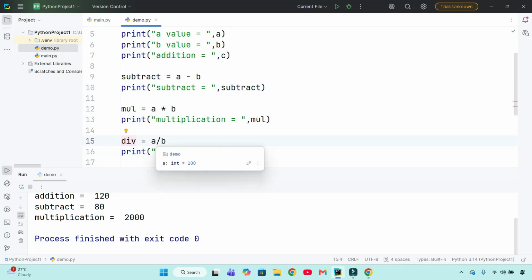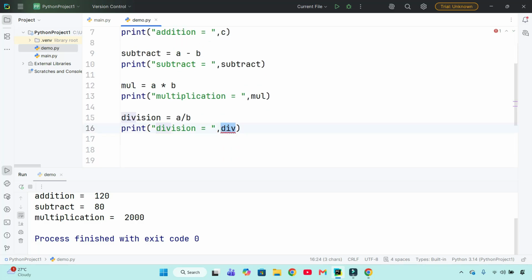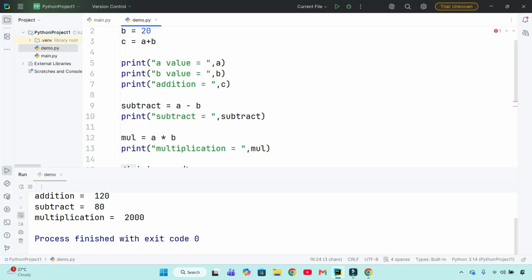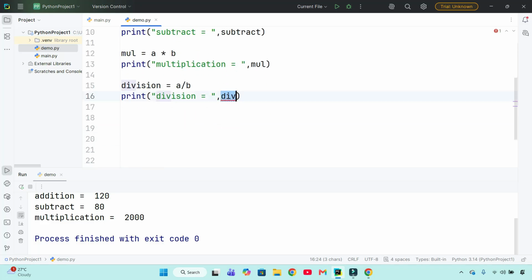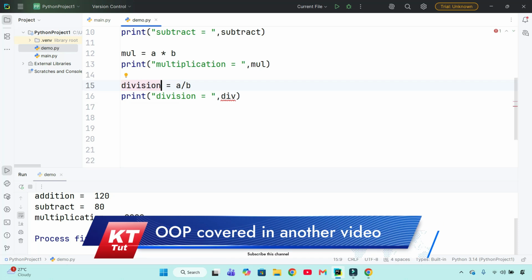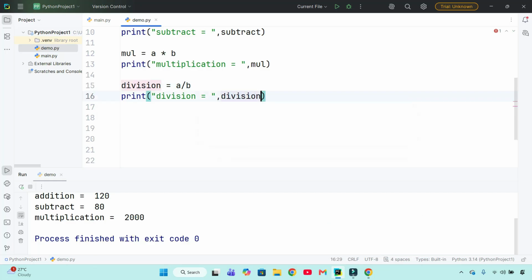If I give division here, if I give div here, it will throw error because this does not exist at all. Anywhere we have not defined div, and above anywhere we didn't define. So we have defined division, not div. Either you can change this to div, or you can change this one to division. Now I can see the division. If I run this, I can see the division here. So division will bring the